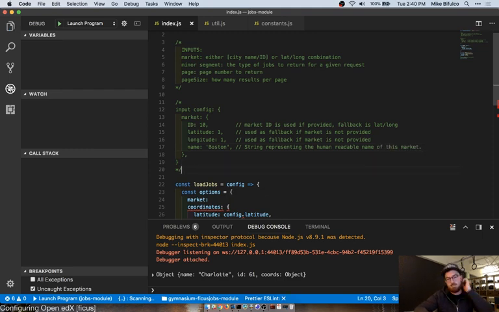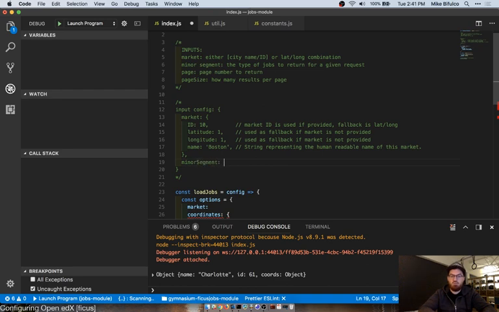Great. Minor segment. List of minor segments to search for. Page 1.